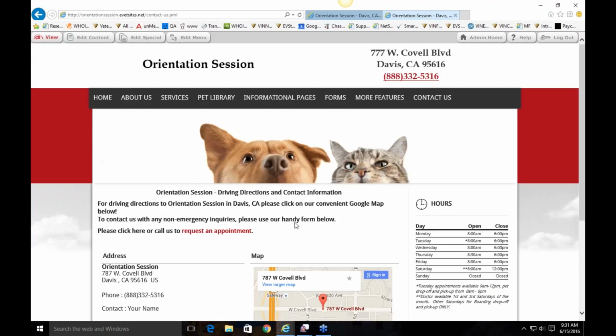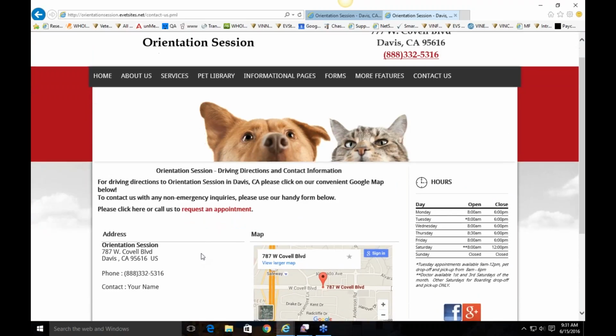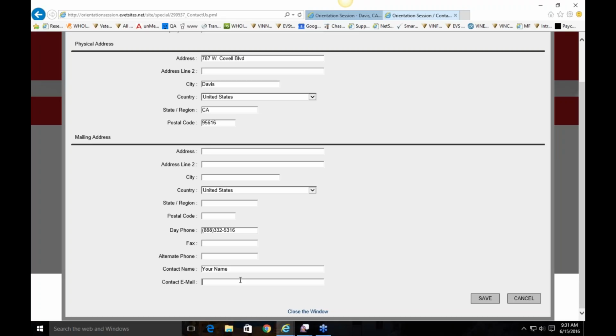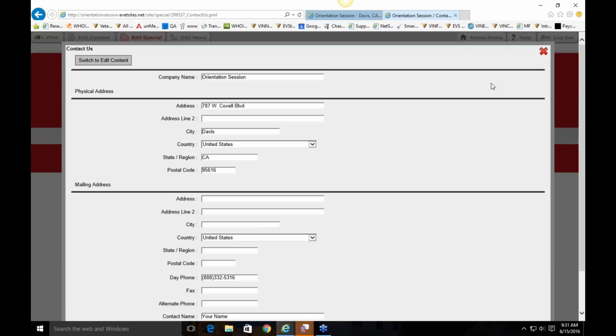Also on this page, you have the option to include a form that clients can contact you on. So if I go to Edit Special, to activate the form, you'll just want to put in your email address, so wherever you want the form to go to. And then if I hit Save here,